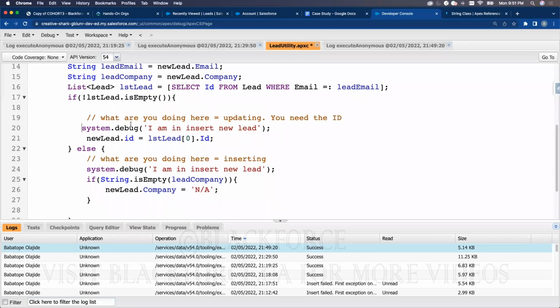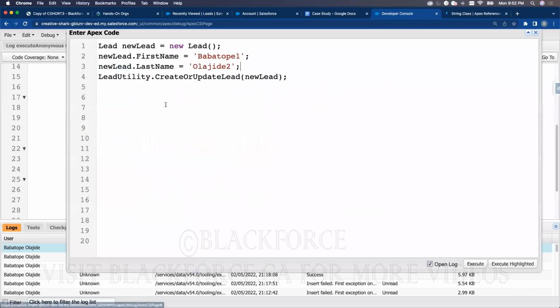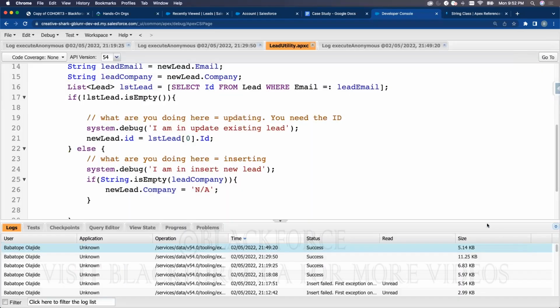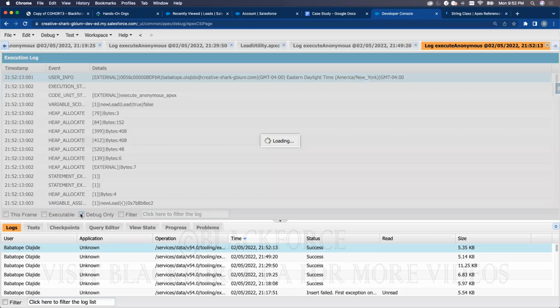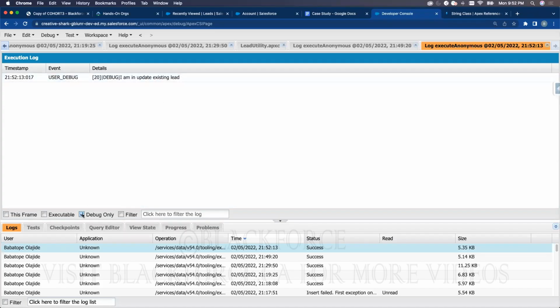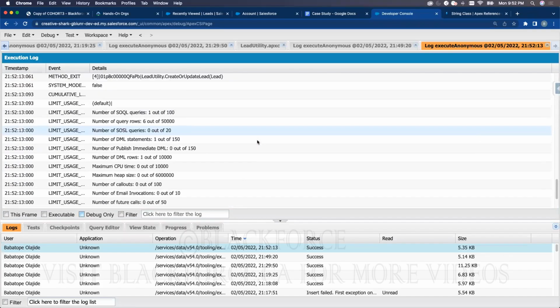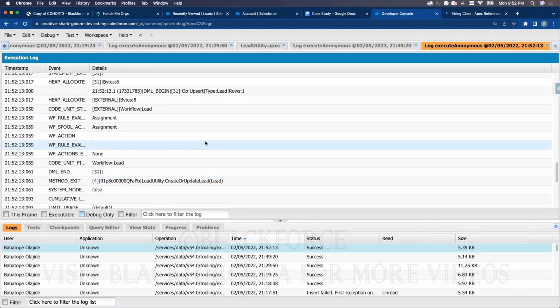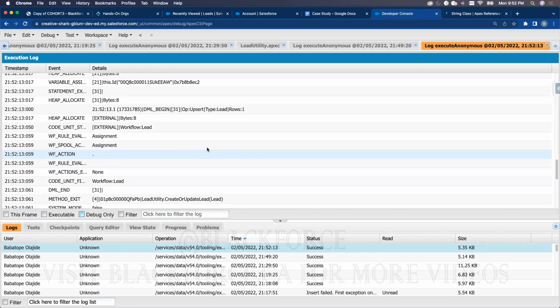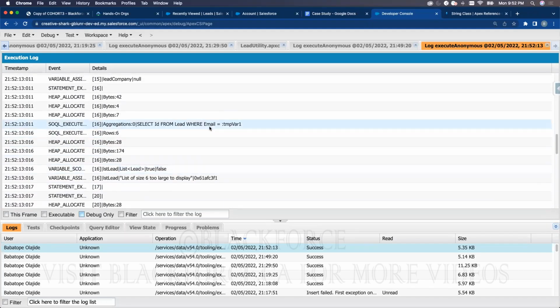I am in update lead, existing lead. Okay? So now I have this utility. I'm going to debug again to find out where in the code I'm getting lost. Execute. Open my debug. I am in updating existing lead, okay? It says it is updating the existing lead. But does that mean, where lead, but